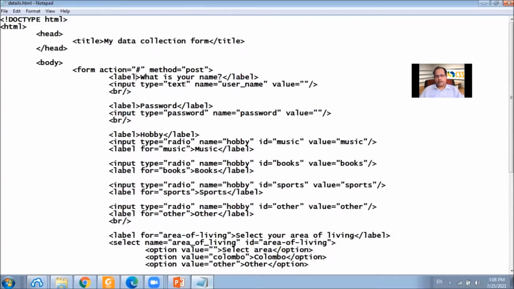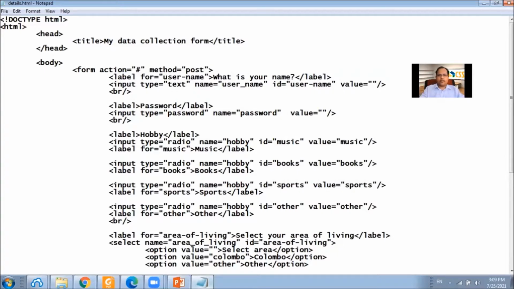We should do the same thing for these other inputs as well. For an example, in this case, this is username, user's name, and here we specify name.